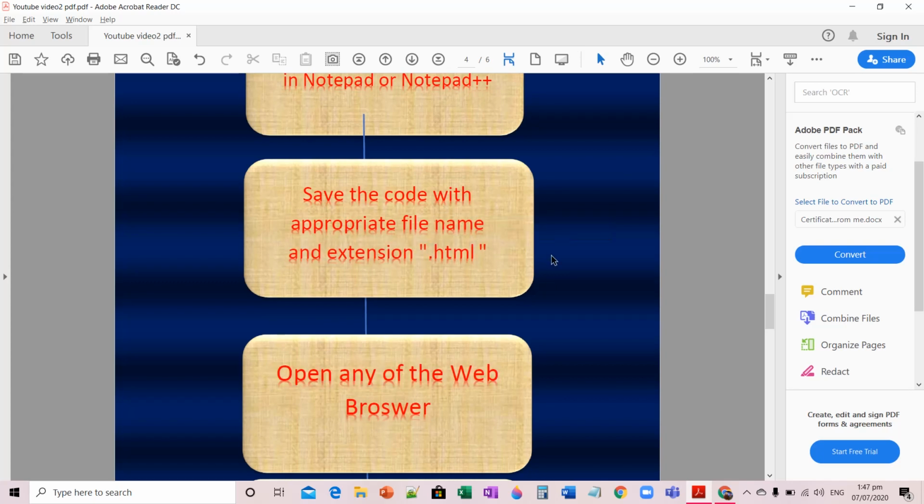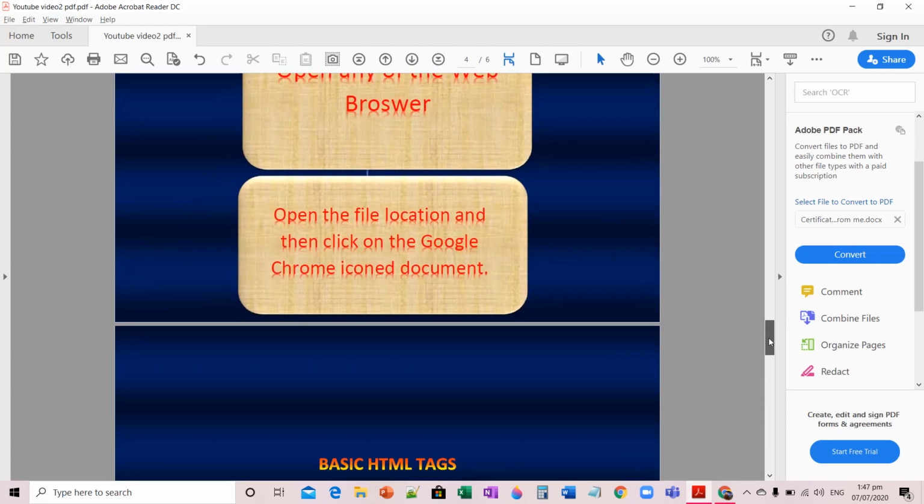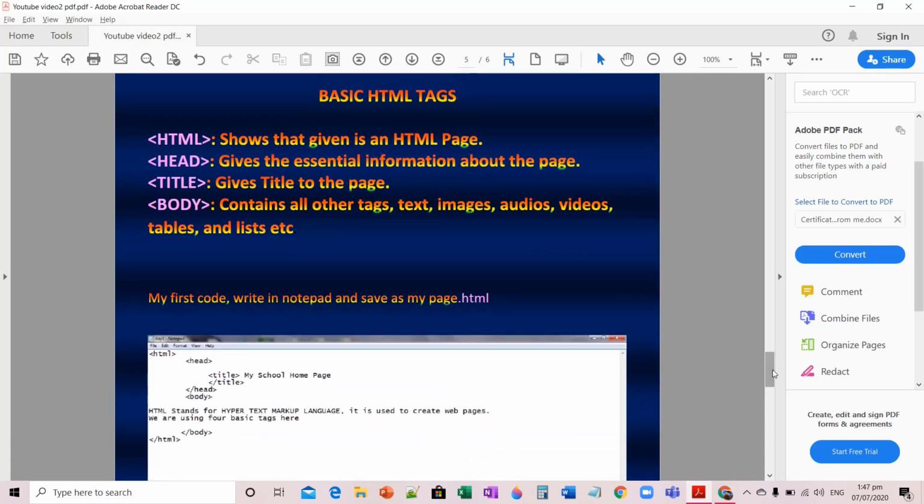If you take my school or my hygiene, so myhygiene.html or the title you want. Then open the file location or the file path and click on the Google Chrome icon. When you save it with the .html extension, the Chrome icon will appear on the file. Then you click on that and you will be able to see your web page.